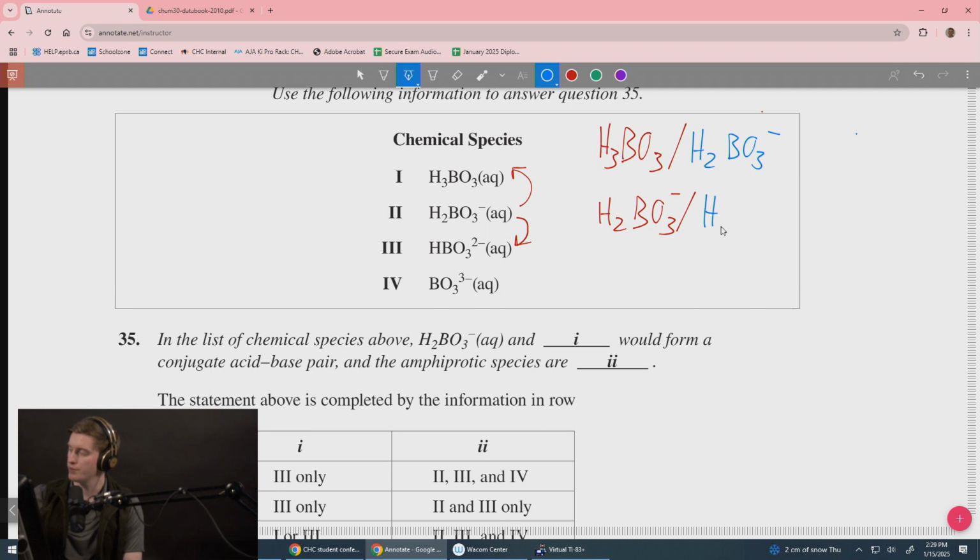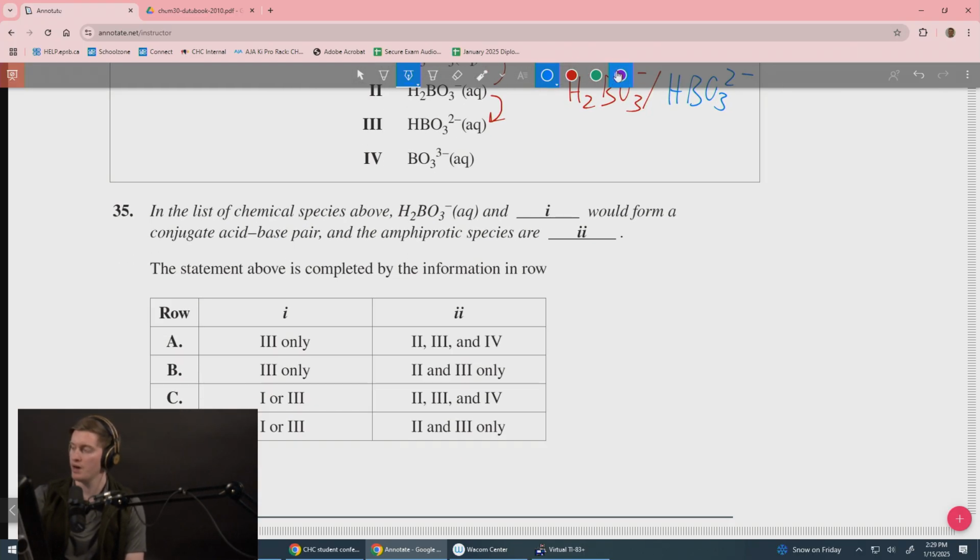The hydrogen borate ion would be acting as our base. Either chemical 1 or chemical 3 could make it a conjugate acid-base pair. So we can get rid of rows A and B